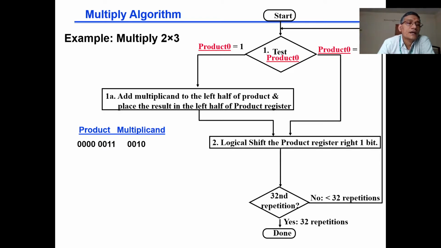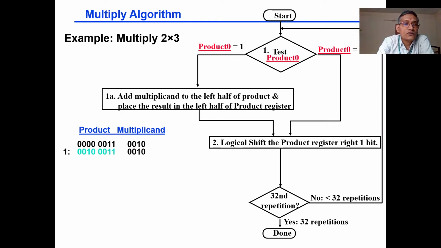Similarly, for the product register, as I said, the right portion of the product register is initialized with the multiplier, 0011. It is the rightmost 4 bits, and the left 4 bits are initialized with zeros. We know that if it is m bits of multiplicand and n bits of multiplier, we will get m plus n bits, so the product register will now contain 8 bits. That is why we are initializing 4 zeros to the left portion. So this is the initialization step.